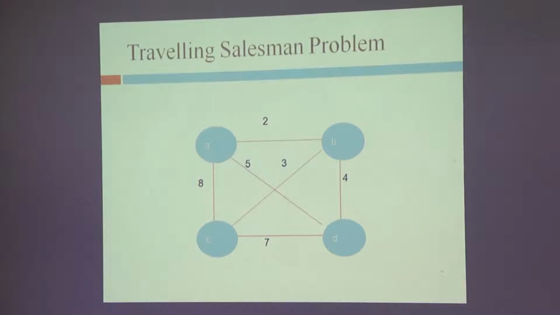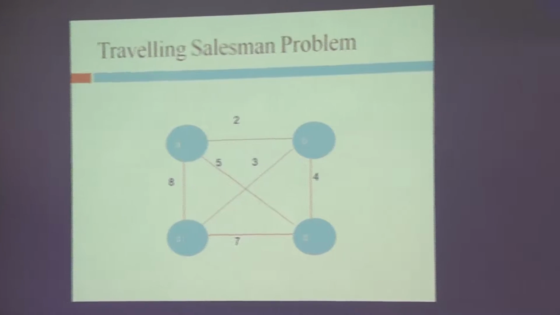Convert it, round it off. It is 16. Because all the edges are integral numbers, the minimum cost is going to be an integral number. So the lower bound will be an integral number. So it is a rounding off of 15.5, which is 16. Okay. Now that is where we start.